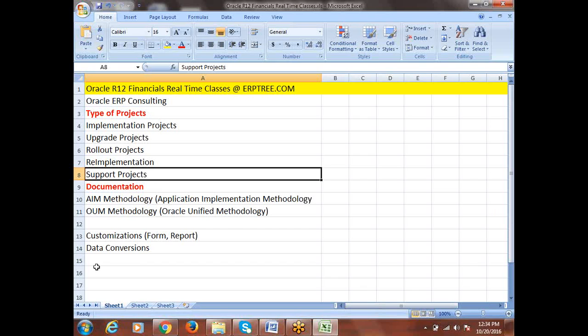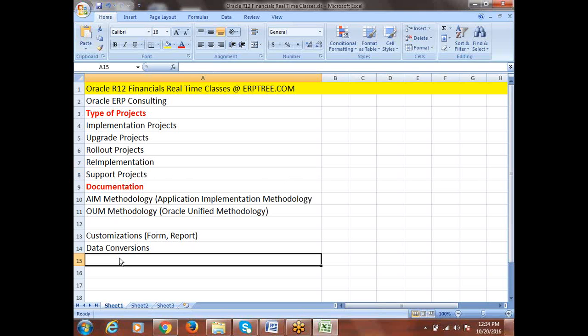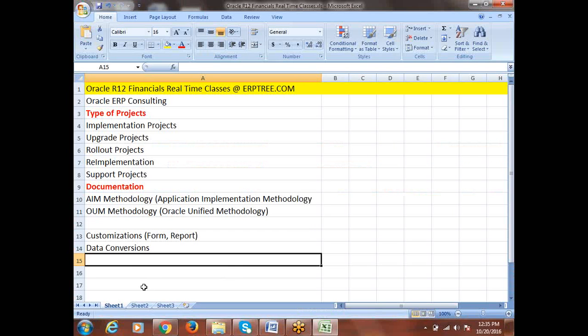But out of that, I am taking one point here. When you get an issue from the business users, we'll try to resolve it. If you are not able to resolve it, the only option is to contact Oracle. When you contact Oracle, there is a certain process which needs to be followed, where we have to raise an SR. SR is nothing but a service request. How to raise the SR will also be discussed here. I am taking it as a separate concept so that we can focus on it more.